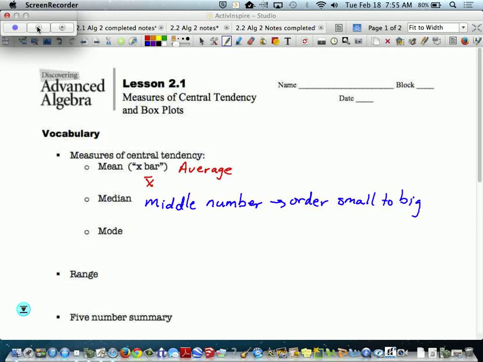What happens if there's an even number of data? There'll be 2 in the middle. So what do you do when there are 2 in the middle? You add them together and divide them by 2. You find the average of those 2, right? So for instance,